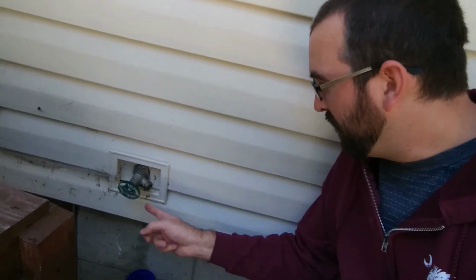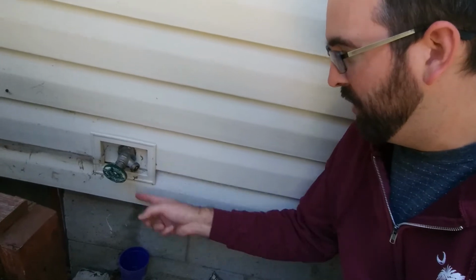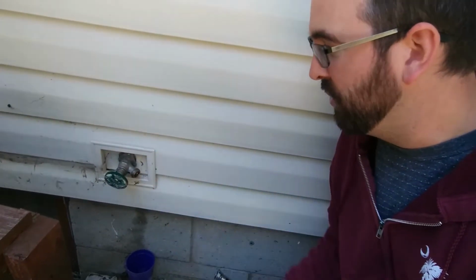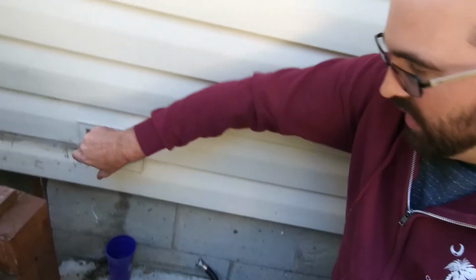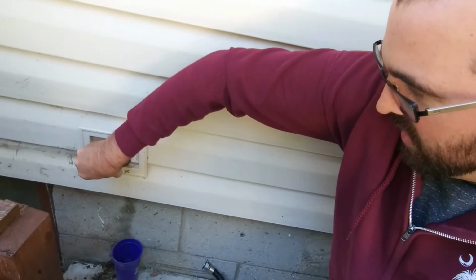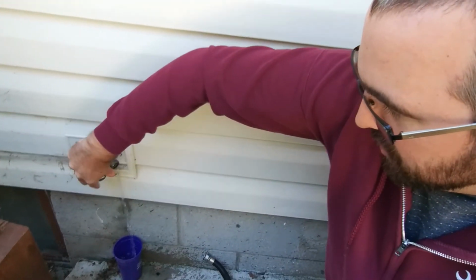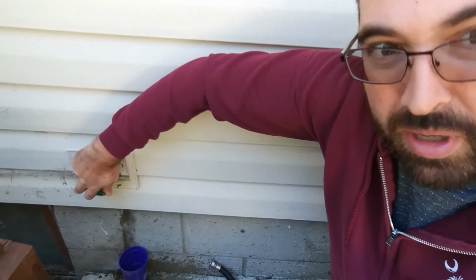And you can see that we still just have the little residual drip. I mean, that's not because the valve's leaking, that's just because there's some water that's in this body still from when it was on before. But now if I turn it on, yeah, we've got water pressure again. I don't want to turn all the way on and spray myself, but